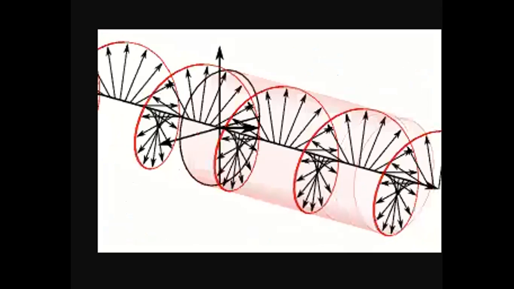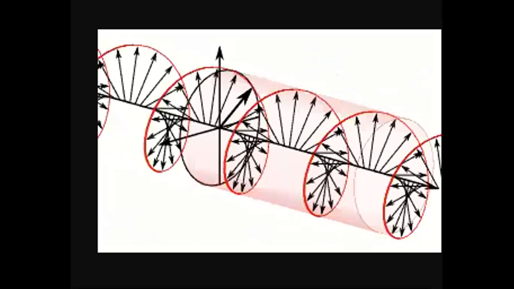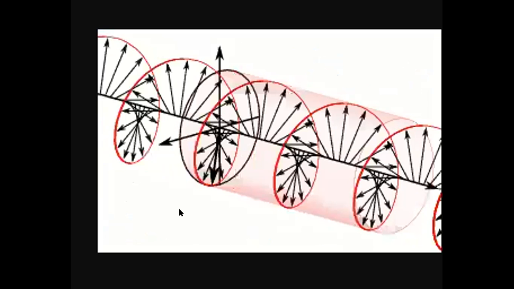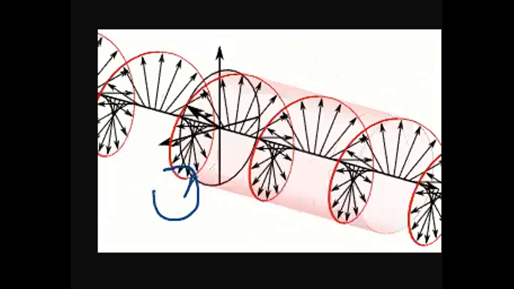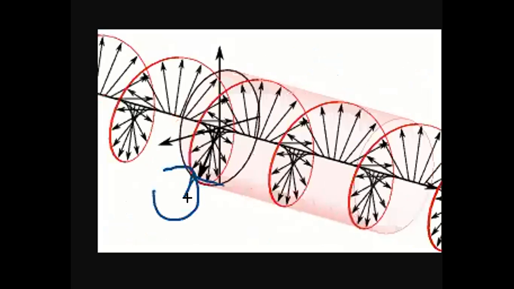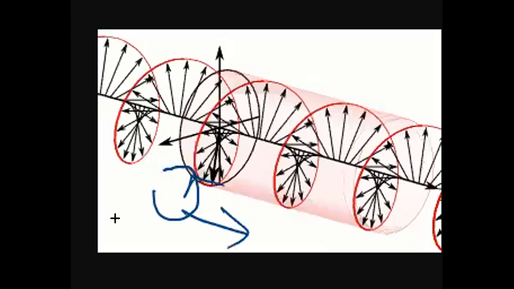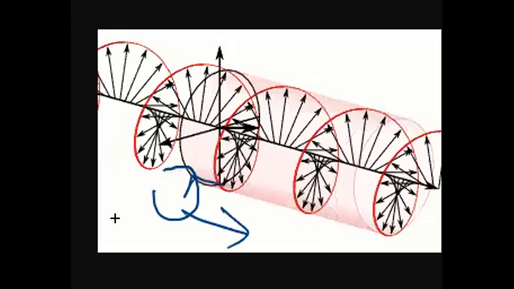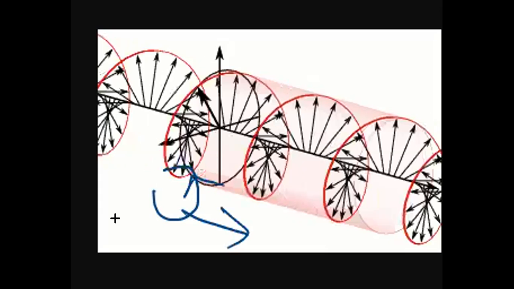Yes, sir. Which one is this following? You keep your fingers in such a way that the rotation of the vector, the vector is getting rotated like this, then definitely this is going in this direction. Your thumb is also in this direction. Your thumb is denoting the direction of propagation of the wave. Then this is following the right hand coordinate system. Then that means what? Right circularly polarized wave.